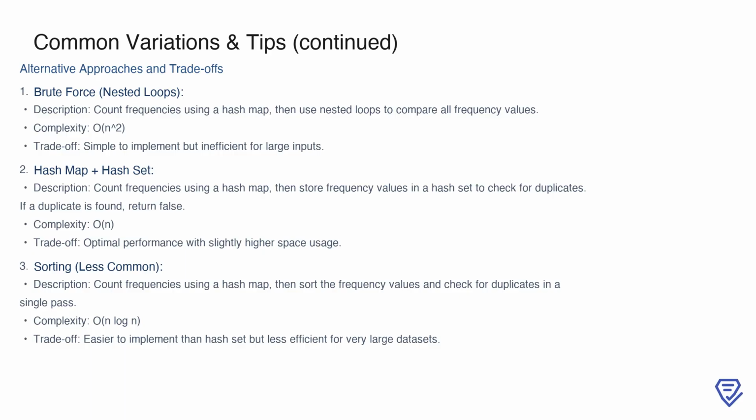Here, you count frequencies using a hash map, then sort the frequency values and check for duplicates in a single pass. While this approach is easier to implement than the hash set method, its time complexity is O(n log n), which makes it less efficient for very large datasets. Each approach has its own strengths and weaknesses, so it's important to choose the one that best fits the problem